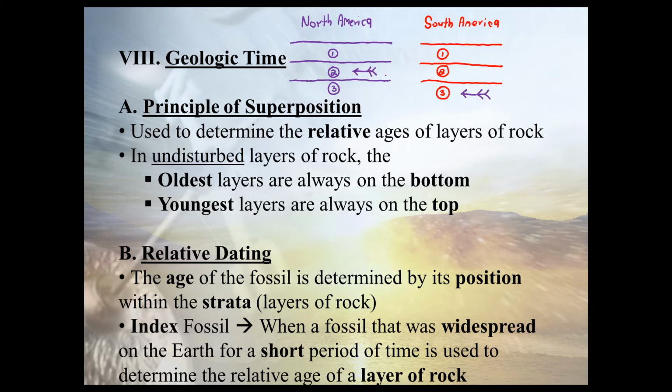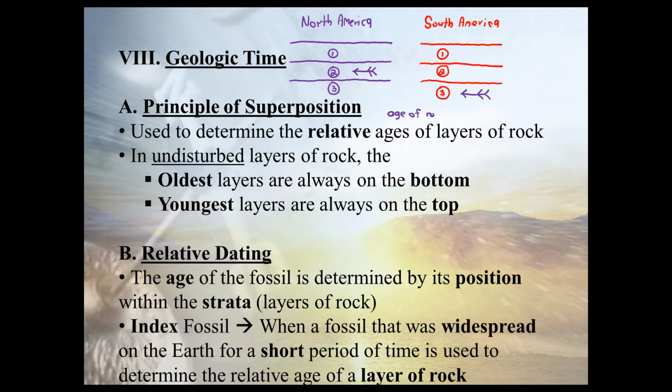And what it can be used to do is it can be used to tell me how old the rock actually is. So if I dug up this index fossil in layer 2 in North America, and I dug up this index fossil in layer 3 in South America, what this would tell me is, because the index fossil only existed for a short period of time, it would tell me that the age of rock